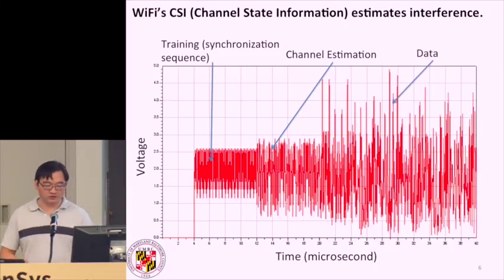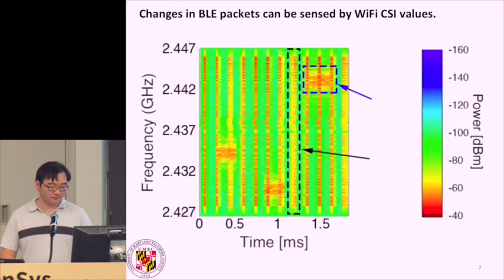Of course, after the channel response, we have the payload. This is ones and zeros. In OFDM, much like your cell phones, your Wi-Fi has this ability to, after you measure the channel response, the interference, you can actually correct for some of the interference levels onto the data bits. So basically, to summarize again, we measure CSI. We use CSI to measure the interference caused by Bluetooth.